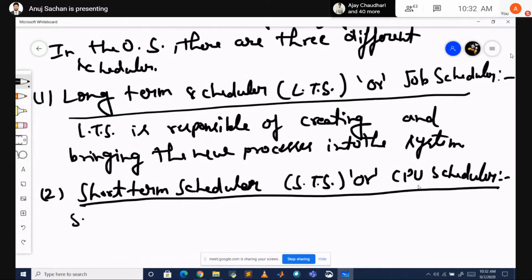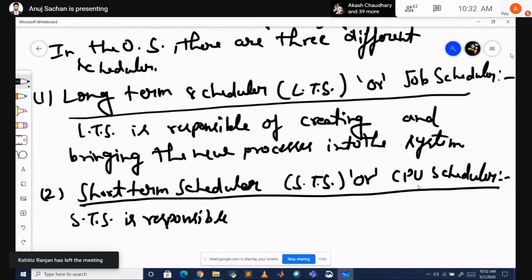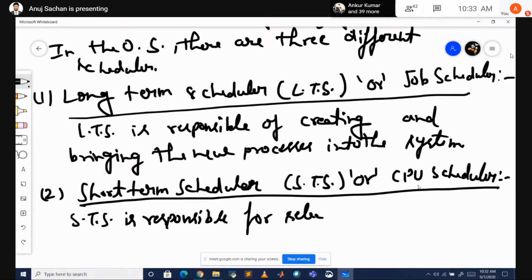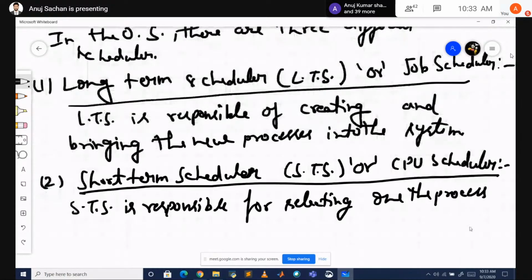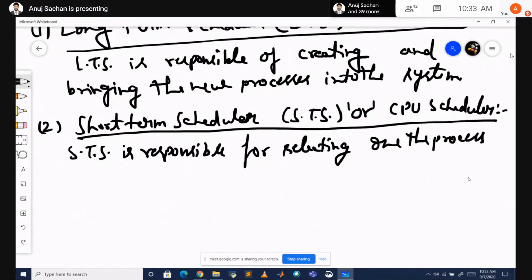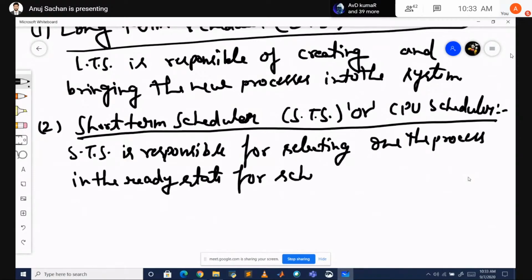STS is responsible for selecting the one process in the ready state for scheduling on the CPU, मतलब running state।